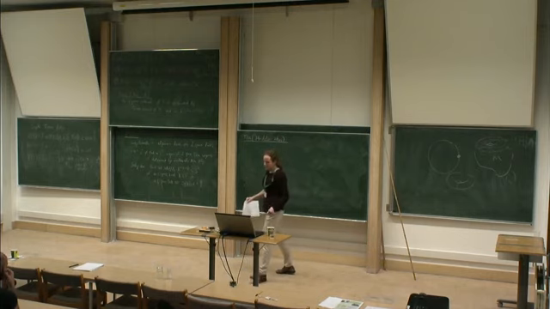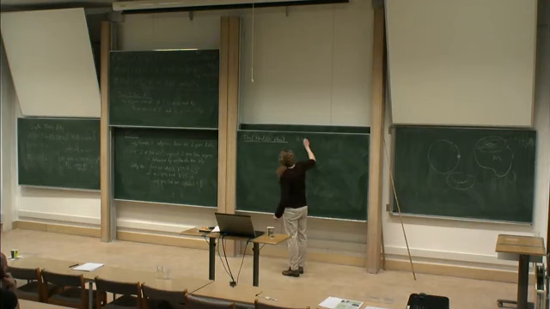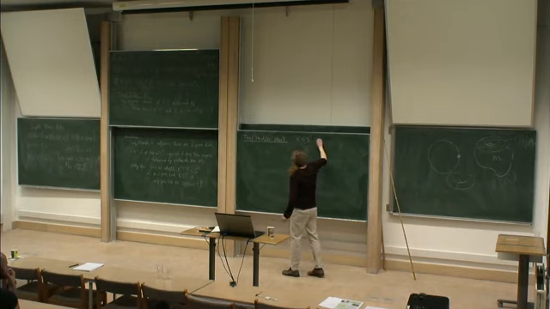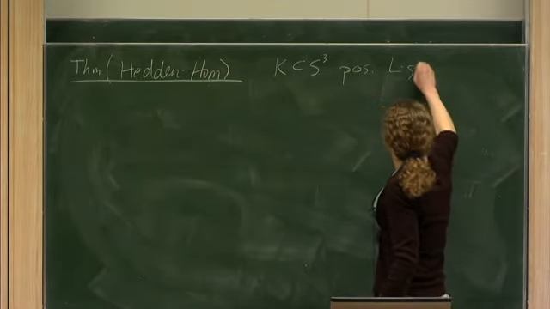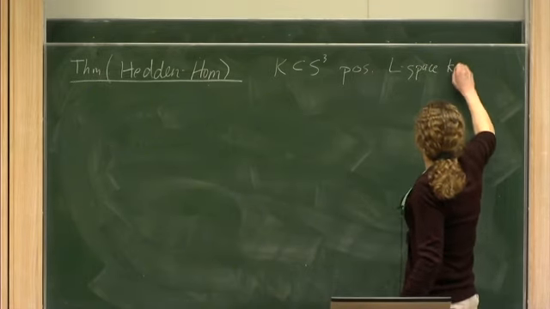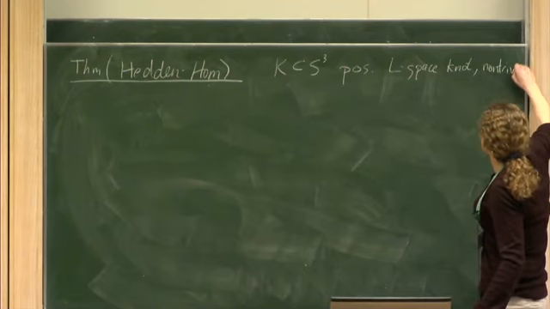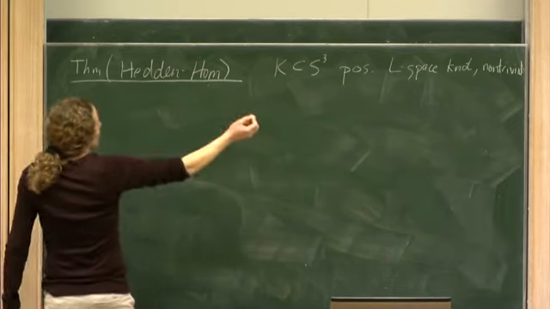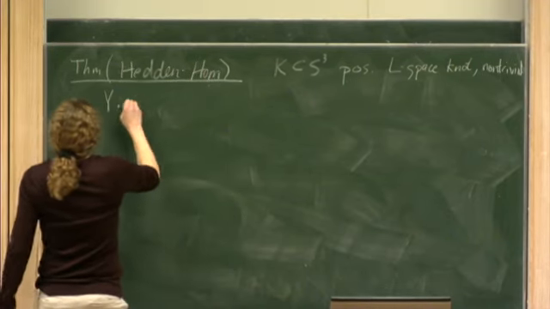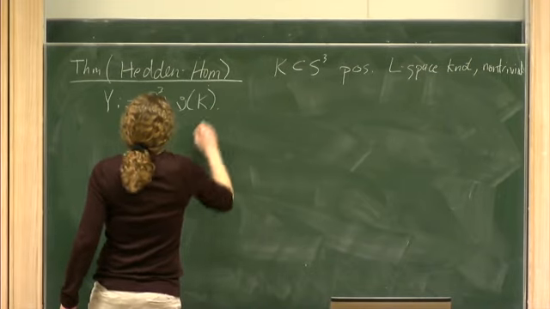So if I have a positive L-space knot, and by positive I just mean that I've oriented the knot so that my big surgeries are in the positive slope direction instead of the negative slope direction, non-trivial, and let's say that Y is the exterior, then